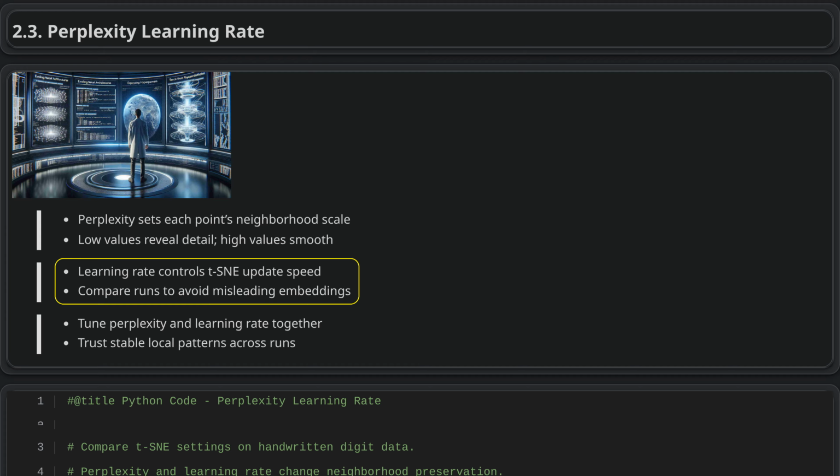In t-SNE, the learning rate controls how quickly points move as the map is formed. If it is too low, the layout may change too slowly and become cramped or unclear. If it is too high, points may overshoot and create distorted patterns. A well-chosen learning rate helps the visualization settle smoothly, so analysts often try several values to find stable patterns that